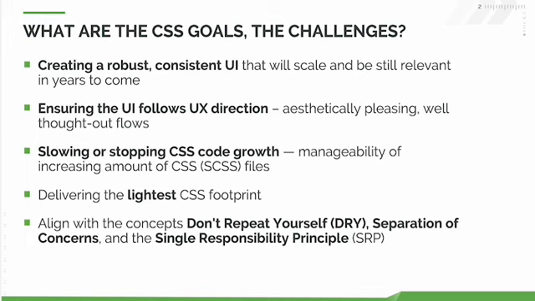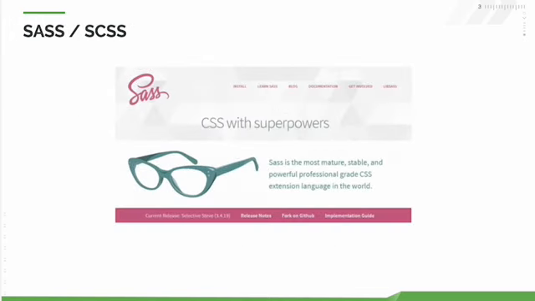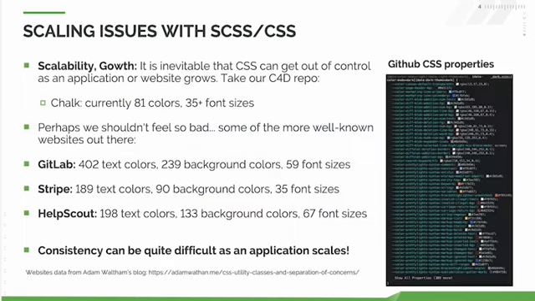So one issue we're having currently is, I covered the fact that we're currently using SASS. It's just a screen capture from their website there. One of the issues we are experiencing is scaling. Currently in the Chalk for Desktop repo, we have about 81 colors, 35 or so font sizes. I scraped these stats down below with GitLab, Stripe, and Help Scout to show how things can get out of control. It's a quote from the blog link down below, but in this case with GitLab, having 402 text